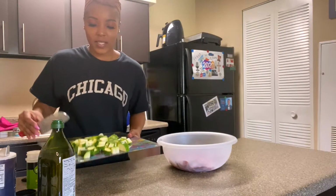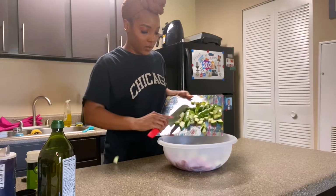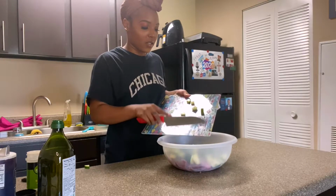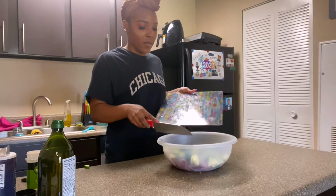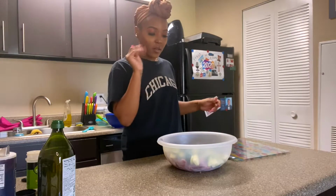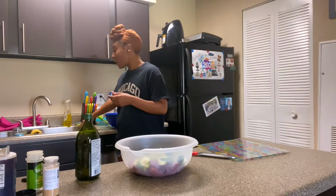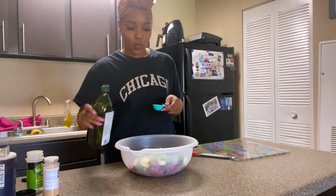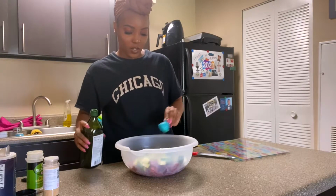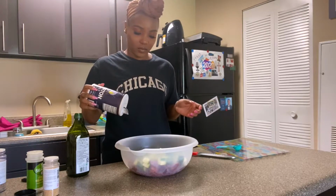What we're gonna do is add it to the steak meat. Well, really it's beef stew meat, so it's not really steak. I mean, red meat is red meat regardless, but it's not really. One got left out. So now we're going to do the same thing that we did with the potatoes. We're going to put 1 tablespoon of olive oil in there just to make sure everything gets coated, and then you're gonna season,